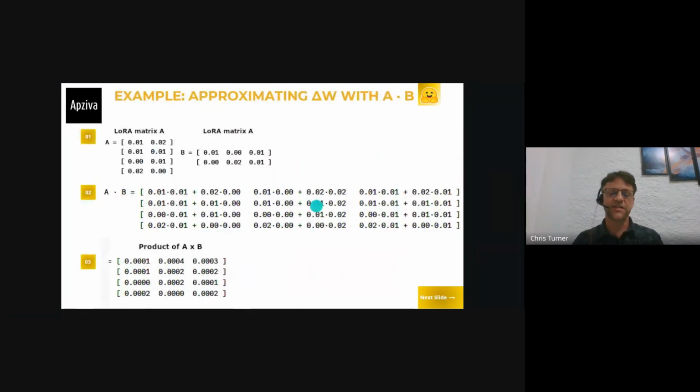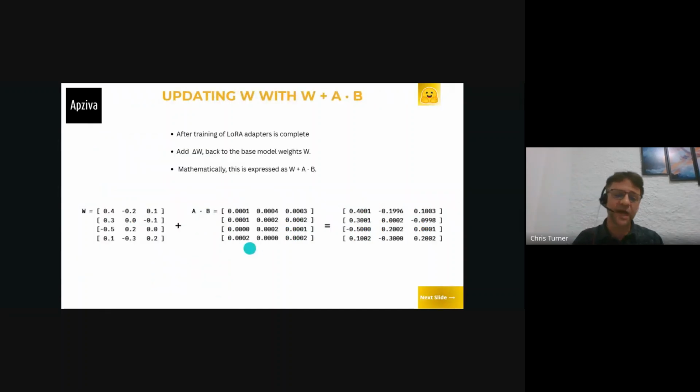And so sometimes when I see empirical data or notation, my brain kind of turns off. And so I just wanted to include this slide of actual numbers. So here's a LoRA adapter with some floating point values for weights in it. Here's the LoRA adapter B. You can follow the simple multiplication here, and then we will come up with the product of A times B, which is the delta W, or the change in W that we can use to update the weight matrix when training is done. And so how do we do that update?